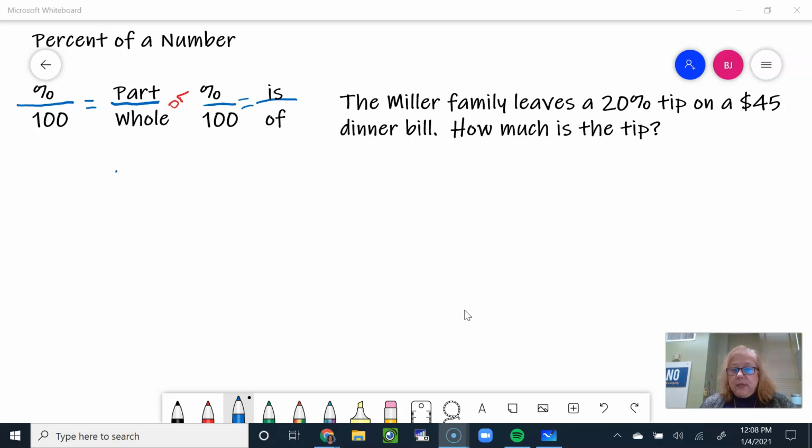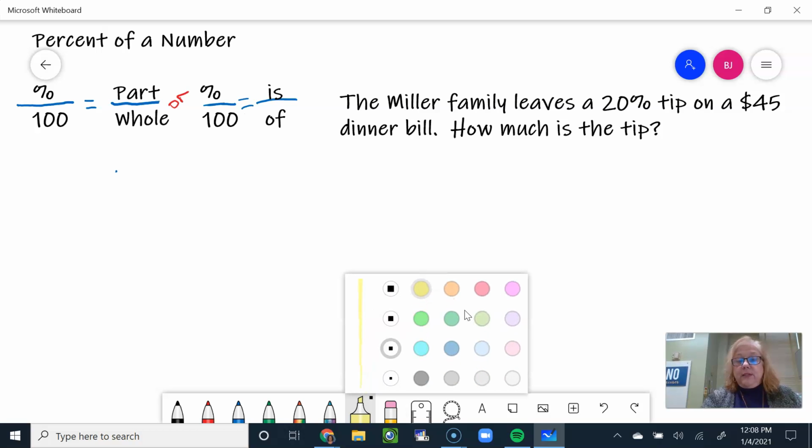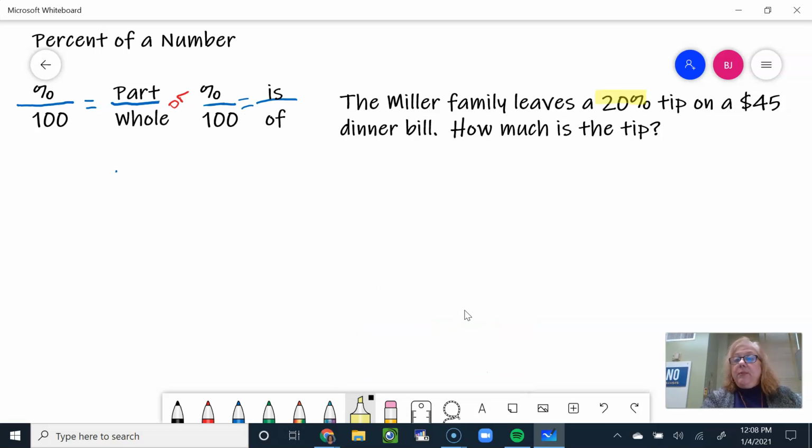The first one says the Miller family leaves a 20% tip on a $45 dinner bill. How much is the tip? Well, it's very important that you underline or highlight words or numbers that are important. So let's do that with this. A 20% tip